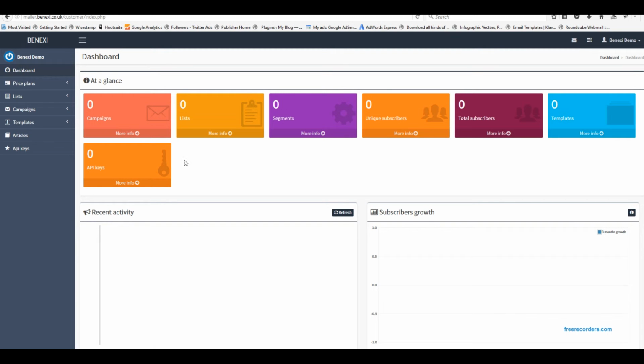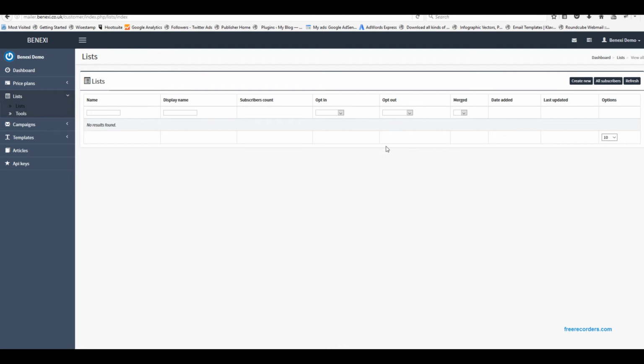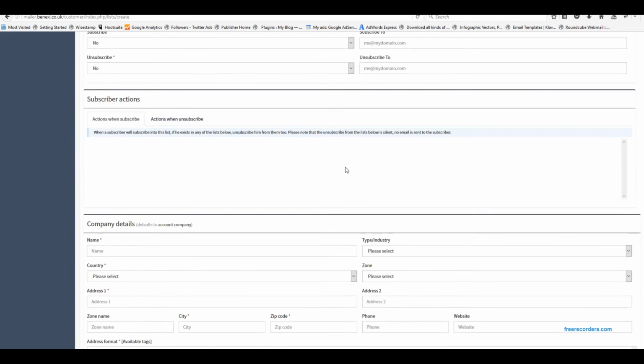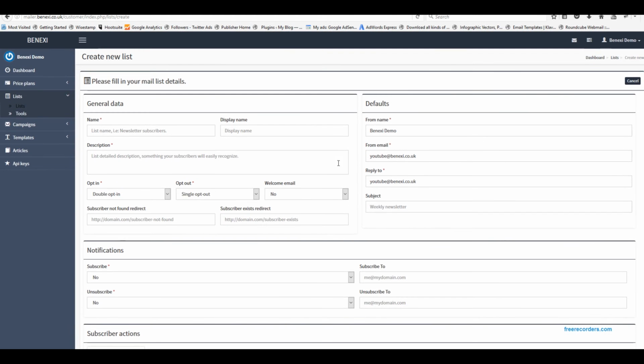So let's create a list. Head over to lists, and then on the drop down menu, press lists. You'll see a blank page now. If you head over to the right hand corner, you'll see 3 buttons, click create new. Now you'll see a page with lots of fields. Don't worry,